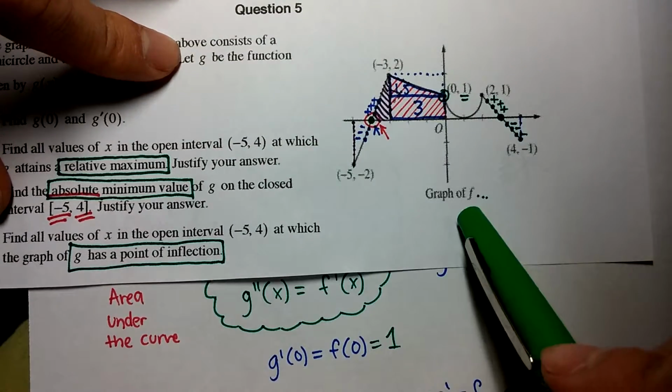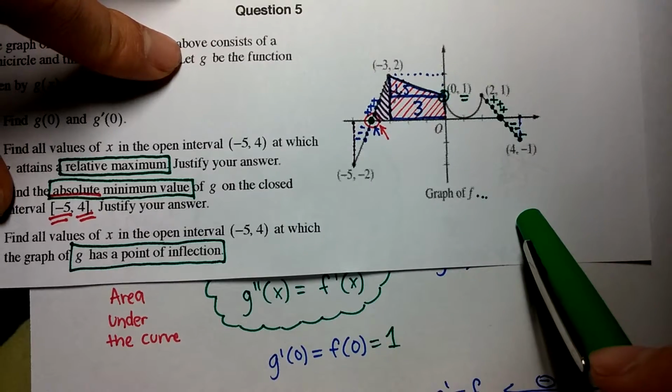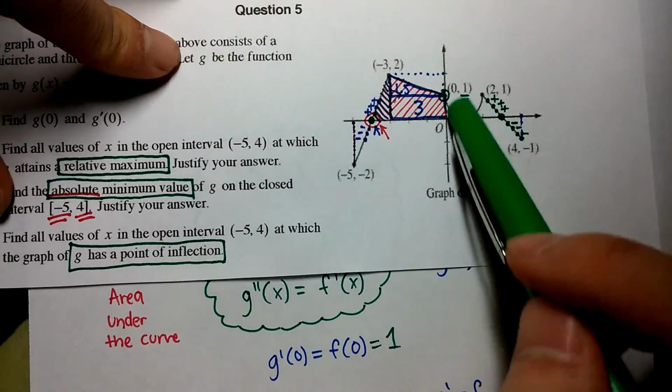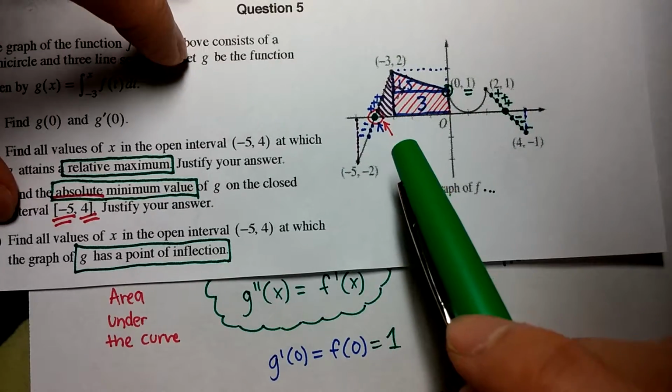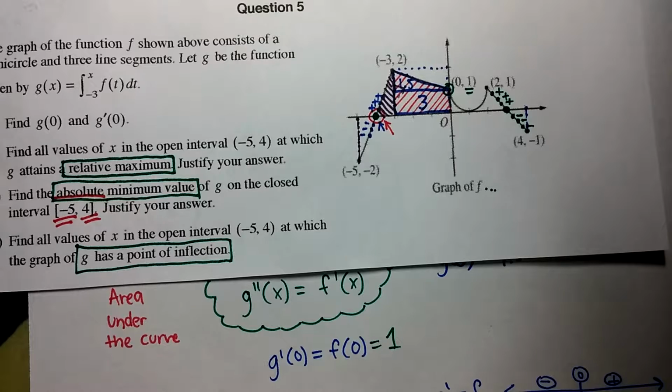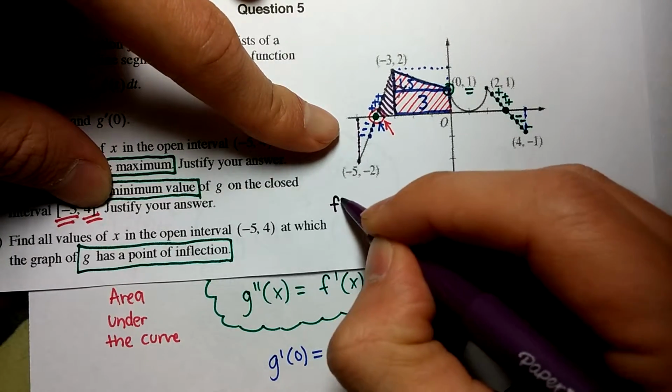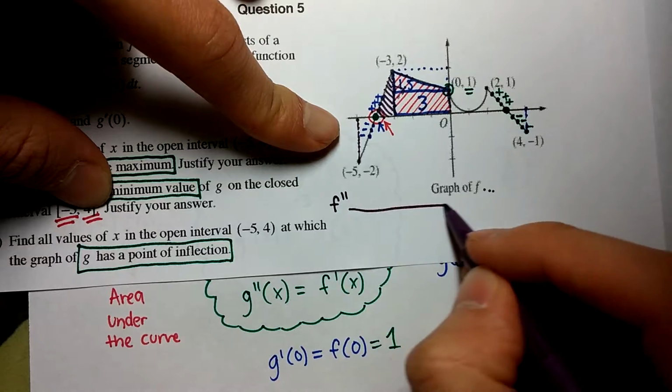Well, we don't have any graph of f prime of x, but we could get information about f prime of x by looking at the graph of f. You have to remember what the derivative means when you just have a graph. Remember, first semester, derivatives. All derivatives mean on a graph is the T word, tangent line. We're talking about tangent lines here. So, similar to what you did in the first semester,